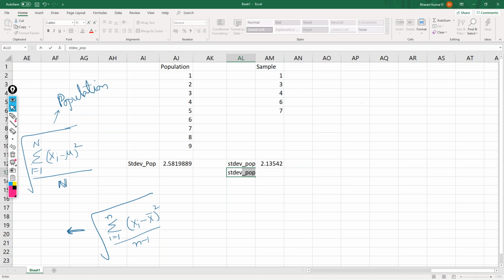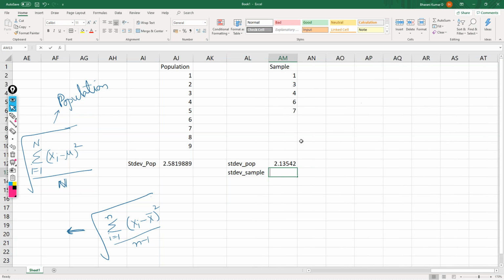But then if I apply sample formula, okay, if I apply sample standard deviation dot S on the sample, look at what's happening. Now question to you is,